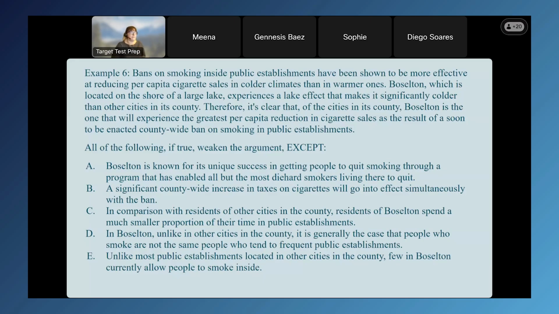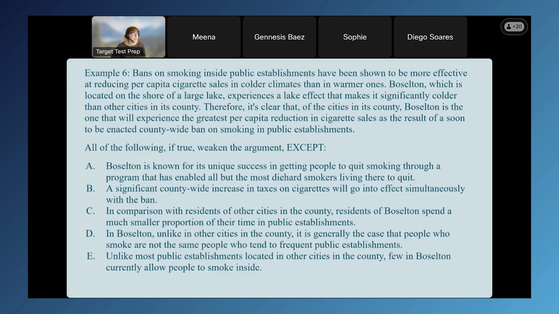Bans on smoking inside public establishments have been shown to be more effective at reducing per capita cigarette sales in colder climates than in warmer ones. Boselton, which is located on the shore of a large lake, experiences a lake effect that makes it significantly colder than other cities in its country. Therefore, it's clear that of the cities in its country, Bozelton is the one that will experience the greatest per